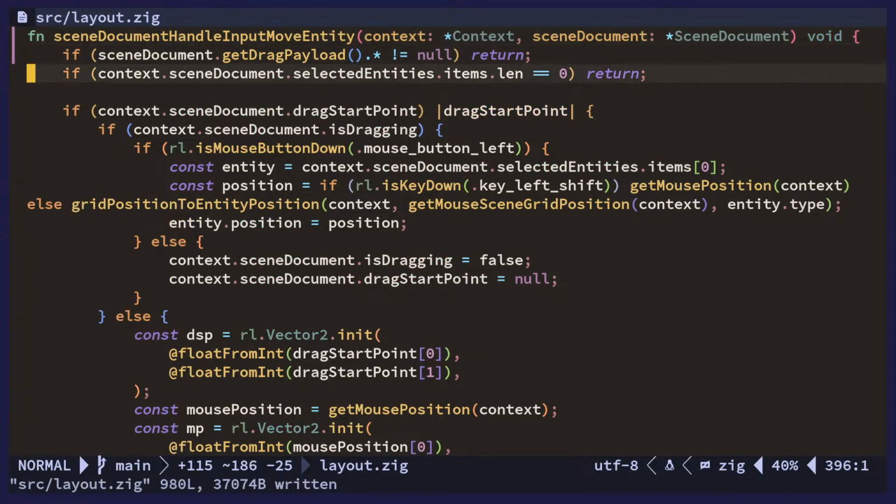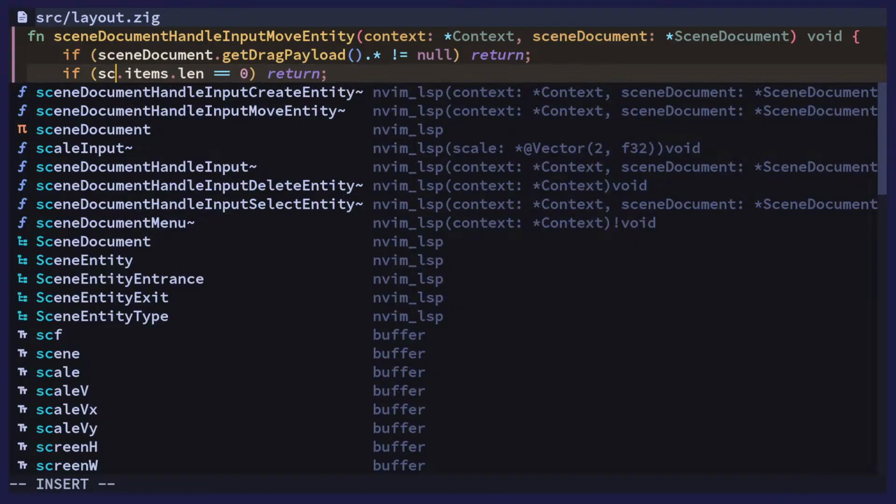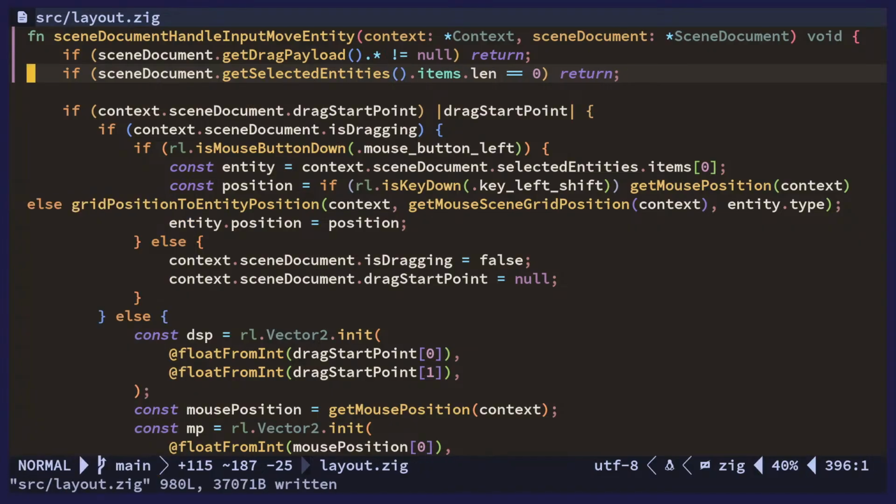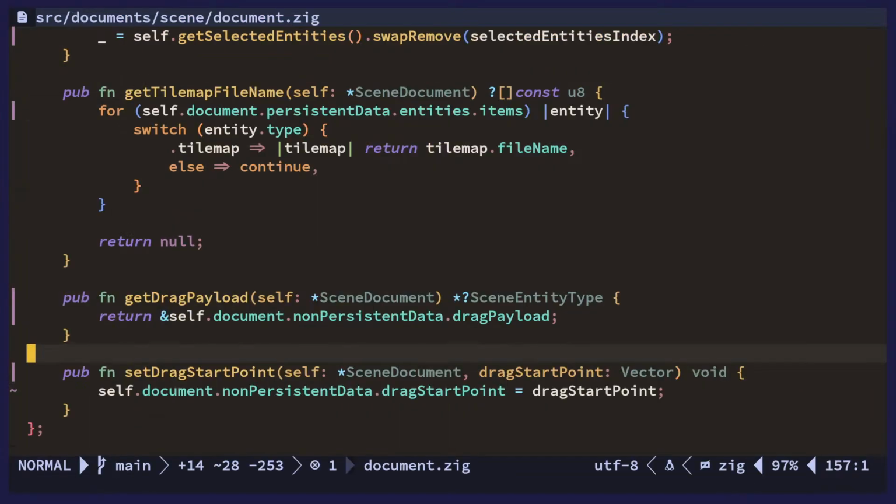Alright. Select entities. There. And drag start point. So we also want